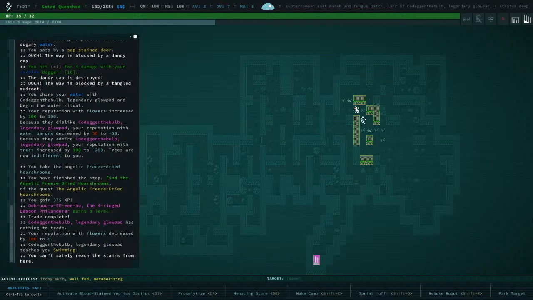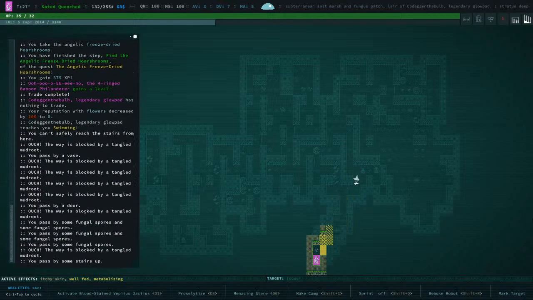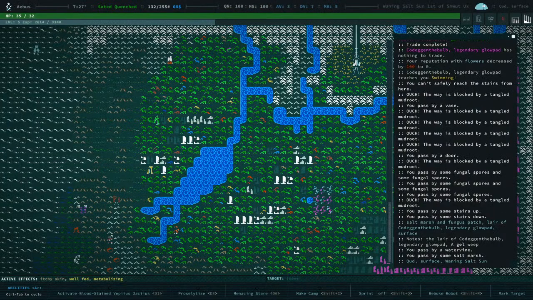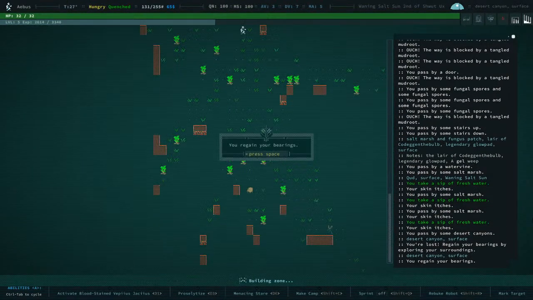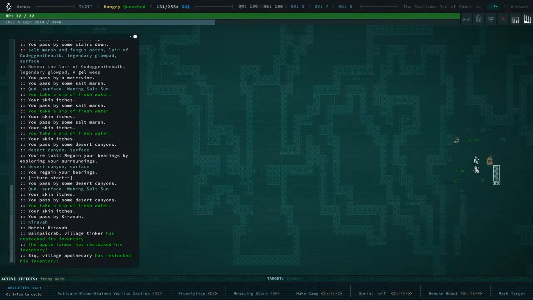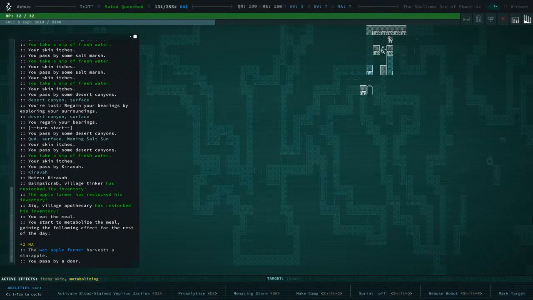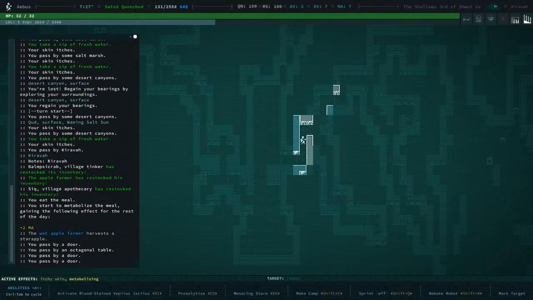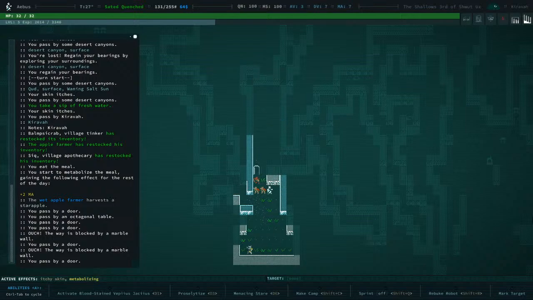It's maybe more useful now that liquids are a bit more mean. Oh no, I got lost. Not lost. So who gave me that quest? Because I lost my baboon, I think I will...